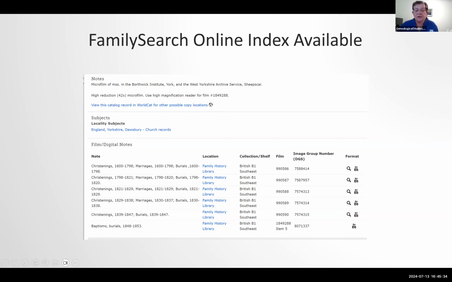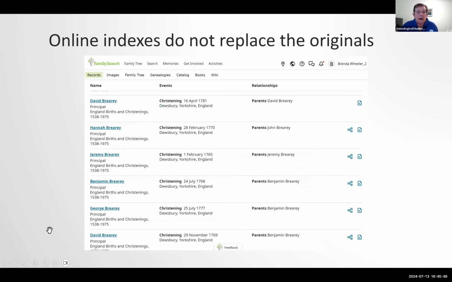1837, the start of civil registration, any rate. Burials, again from 1600. So there is quite a range of material available on those films, and they are films of the actual parish registers. Online indexes, though, are handy to try and find who you're looking for, but they do not replace the originals. Now, I'm looking here for the surname Breary,